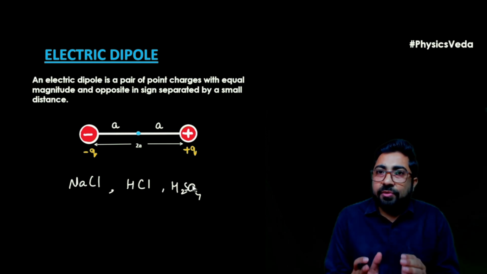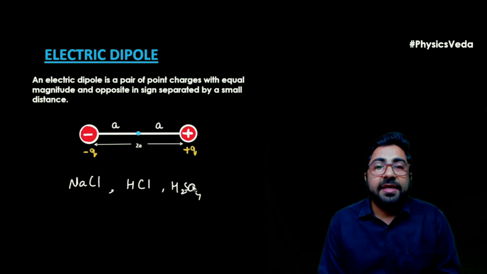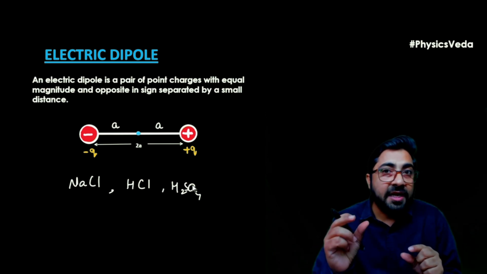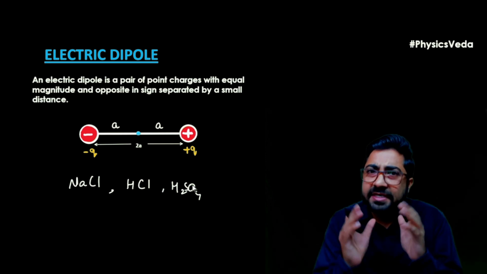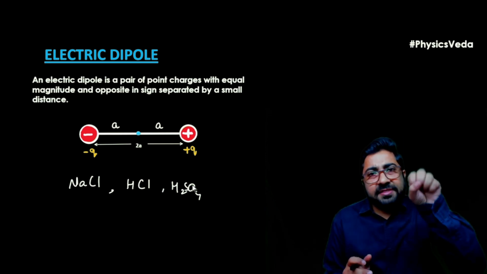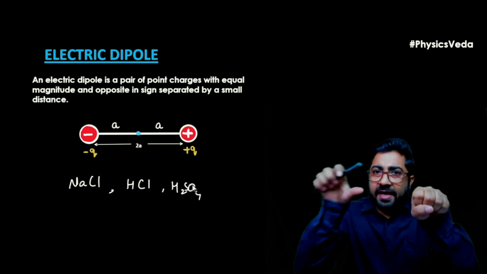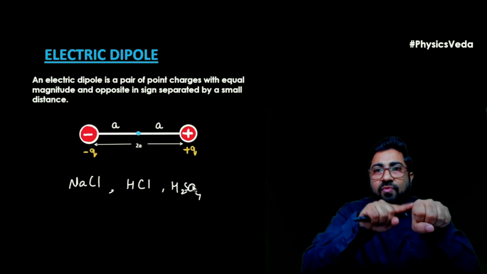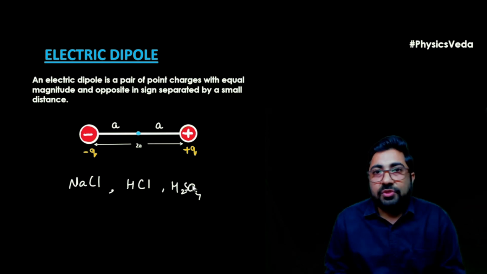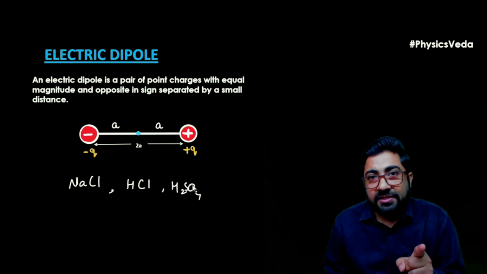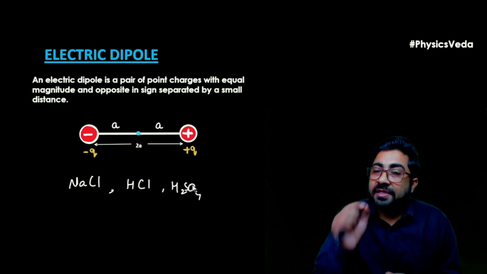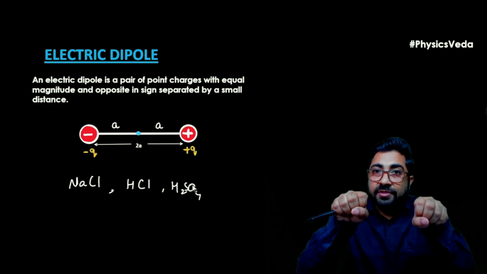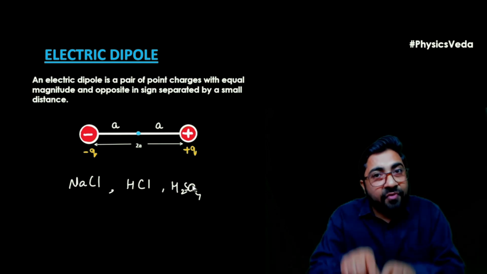So these molecules have some specialty कि इनका सेंटर ऑफ पॉजिटिव और सेंटर ऑफ नेगेटिव कोइंसाइड नहीं करता. व्हाट डज इट मीन? मेरे पास यहां एक सोडियम एटम है और यहां एक क्लोरीन एटम है. सोडियम शेयर इट्स वन इलेक्ट्रॉन विद क्लोरीन, सो सोडियम के पास पॉजिटिव चार्ज और क्लोरीन के पास नेगेटिव चार्ज. सो इन बिटवीन बोथ द एटम्स देयर आर सम अट्रैक्शन फोर्स.